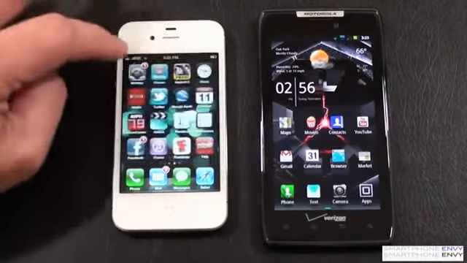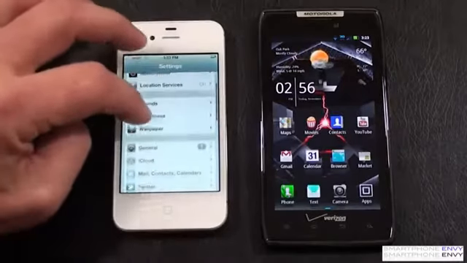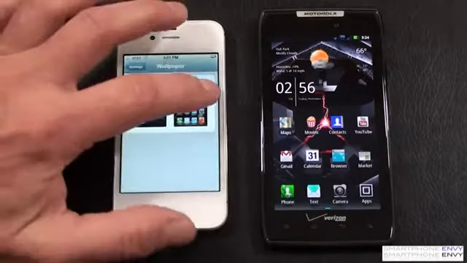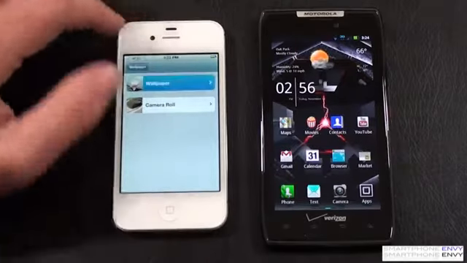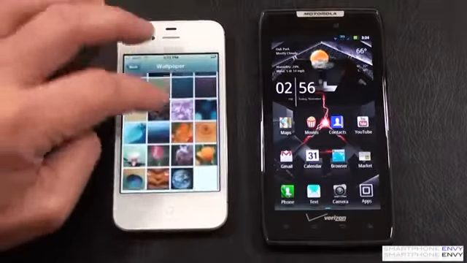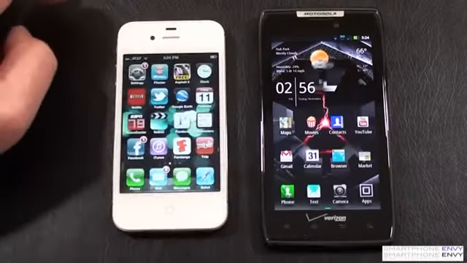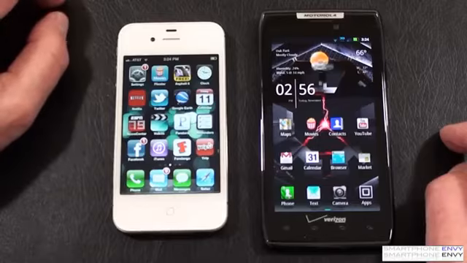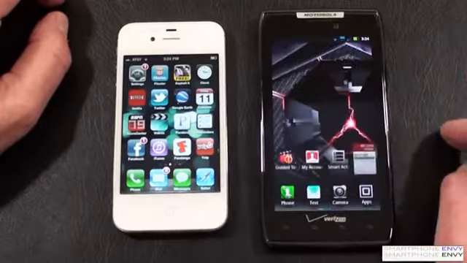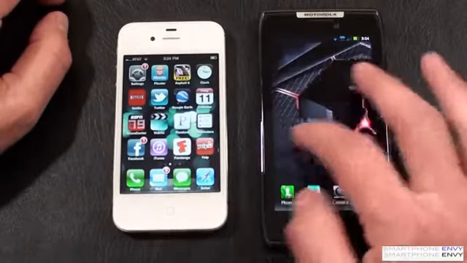And as far as customizing the look, you can go into Wallpaper and you can change the look for both the lock screen and the home screen either via the camera roll or the wallpapers that come with it, or obviously you can download an app to pick up more, and as you download those, it puts them under the camera roll. Alright, on the Droid RAZR, you're going to get 5 different panels that you can customize either with application